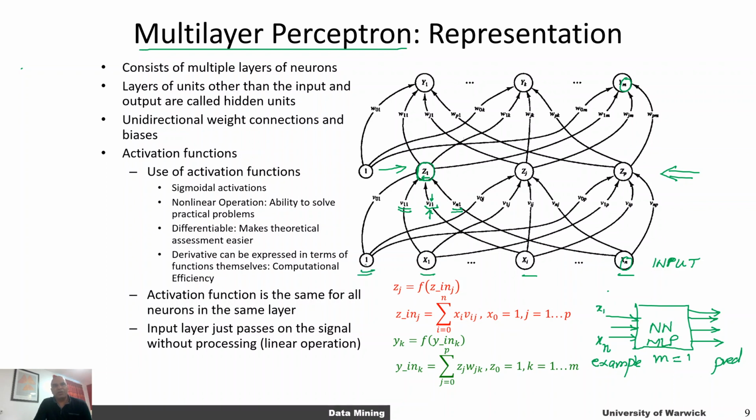There's an input that is always 1, which gets multiplied by a weight, which I'm calling V01. And if you think about it, this weight over here gets multiplied with this one, this weight over here gets multiplied with this one, and so on. So if you write it in mathematical form, this weight is going to be multiplied with this one. If you write that as an expression, what we are doing over here is simply